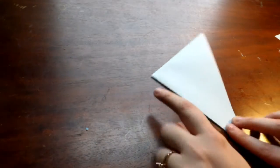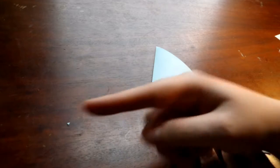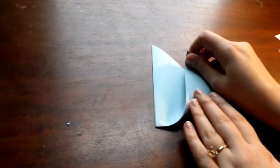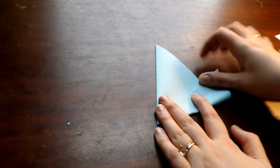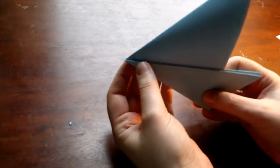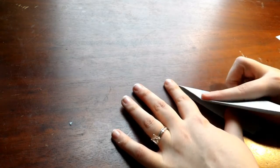So to do this, we're going to take our triangle, we're going to turn it so that this corner is facing to the left. And we're going to take these 2 corners and we're going to line up this corner to make a smaller point, and we're going to fold our sheet like this. So it should be straight across and we should have a nice point here. And then we are going to flip it around and we're going to do the same thing. So we're going to fold this side on top